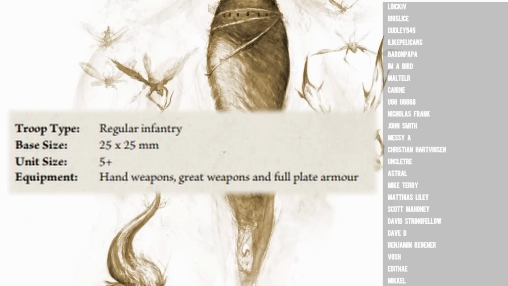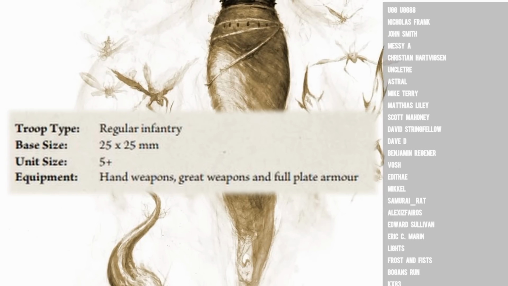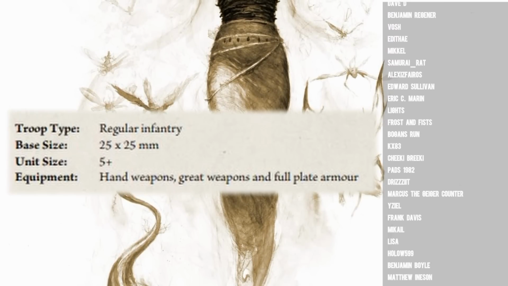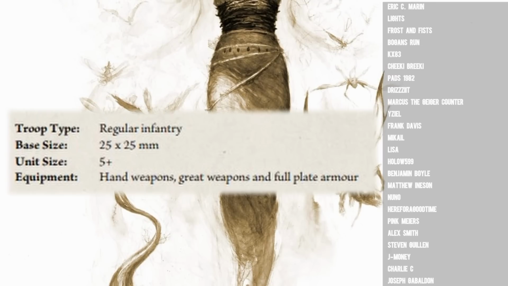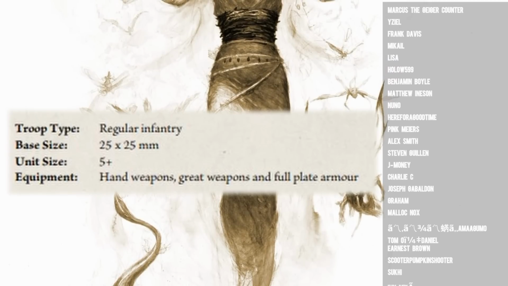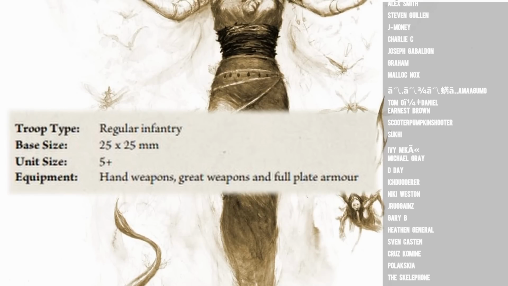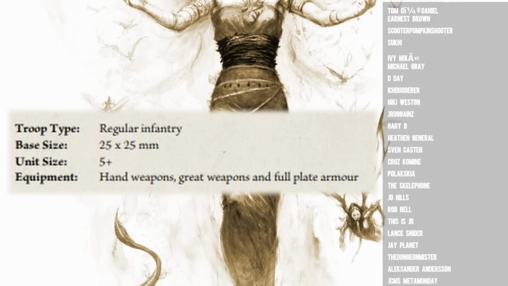Now, a couple of important bits to point out. Troop type, regular infantry. So if you get flanked by unit strength of 5, your rank is interrupted. So try not to get flanked. Great swords. Base size, 25 by 25, normal infantry base. Unit size 5+, not 10+, 5+, but no detachment. You can't take great swords as a detachment unit. Now, to be clear, they can have detachments. They are regimental units. They can be the core and then the detachments go on the side. But you can't take a big block of state troops and have a...